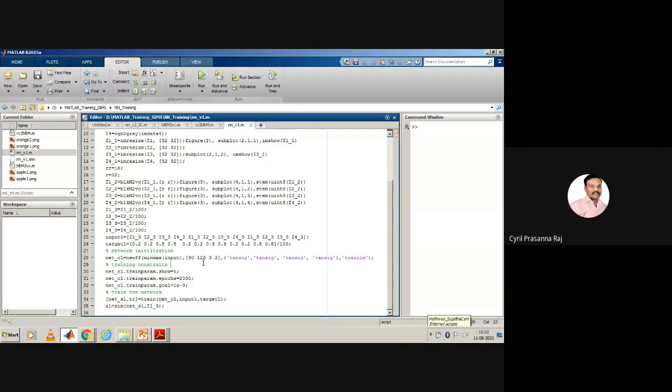So a better approach is that the number of neurons in the hidden layer should be 2/3 the number of inputs in the input layer. Please remember this. What is 2/3 of 1024? That number of neurons should be made available in the hidden layer. Then again, if you want to bring it to one output, the next layer should also have 2/3 neurons of the previous layer.